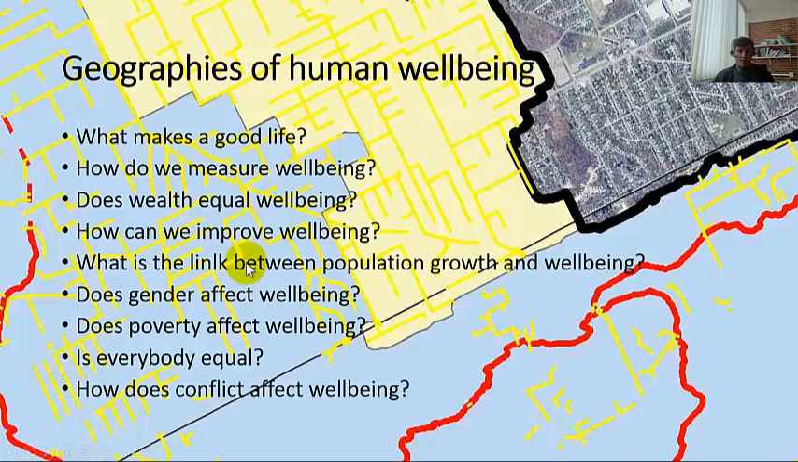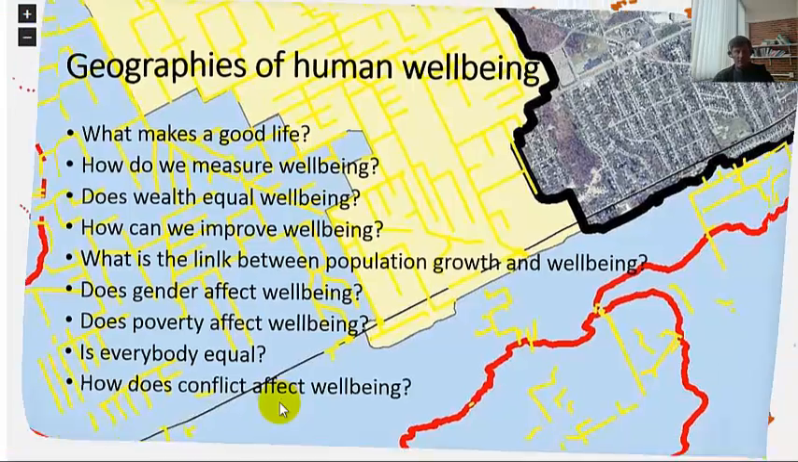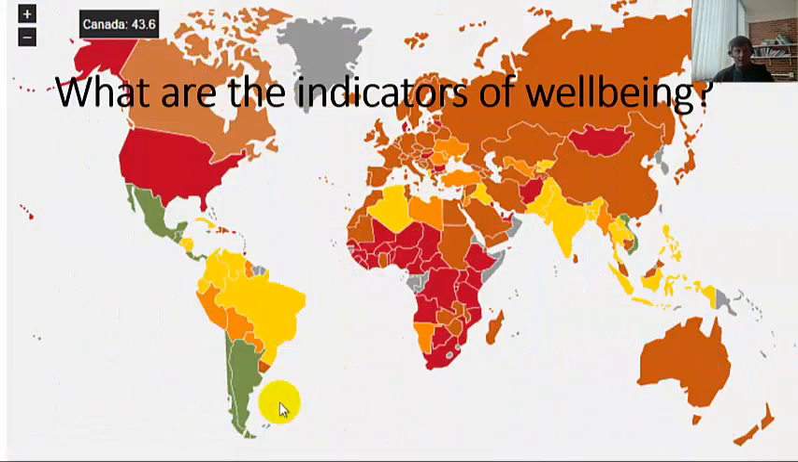What's the link between population growth and well-being? Does gender affect well-being? Does poverty affect it? Is everybody equal? And how does conflict affect well-being? So there's some broader questions there that we ask the kids to look into, and then lastly they are required to come up with an in-depth inquiry looking at one of those